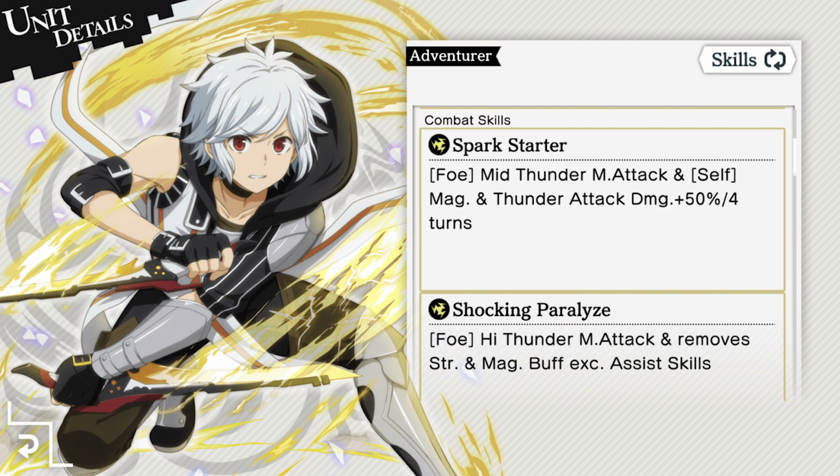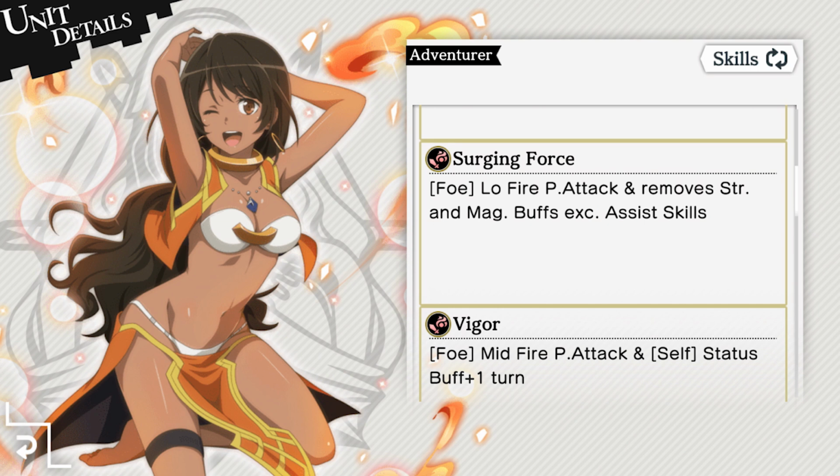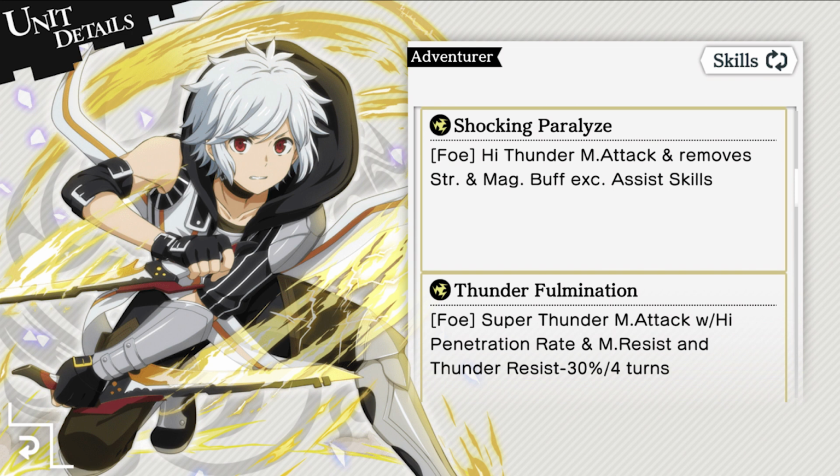One of the recent Familiar Rush bosses used both buffs, so this Belle will definitely shine in cases where both removals are needed, as you can take care of both of them with one move. And poor Lena, she has got a unit and the Belle that comes out after her pretty much outclasses her in every way. Belle's third skill is Thunder Fulmination, a super thunder magic attack with a high penetration rate that